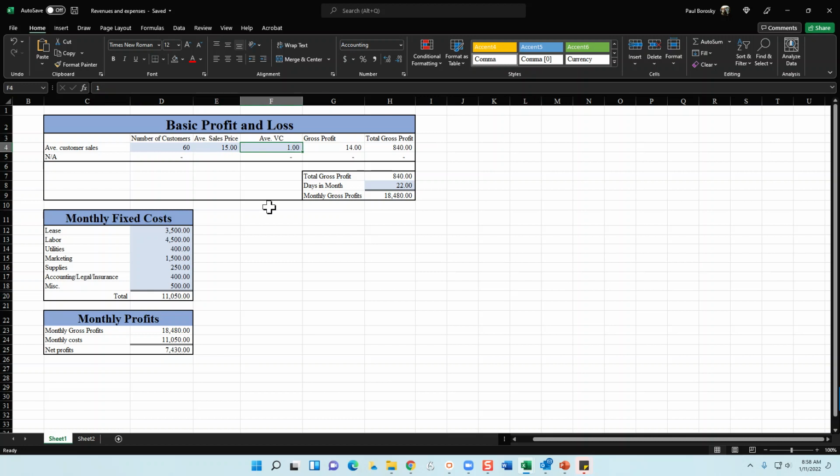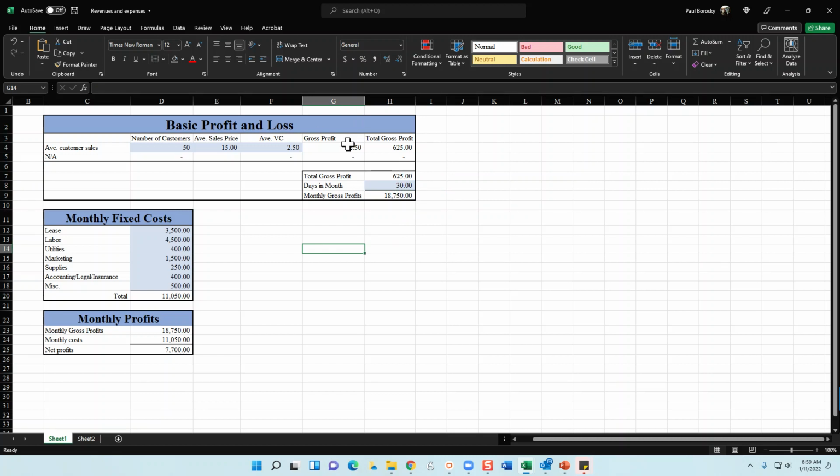The next step is identifying the variable cost. If somebody buys a bagel and a coffee and a beverage, how much is it going to cost you to provide that service and raw materials? For this example, we're going to say it's about $2.50. The next thing we're going to do is identify how many days we're going to be open. If we're going to be open 30 days a month, then let's go ahead and put it right here. That means we're going to be open 7 days a week, 365 days a year. So for this model, let's go ahead and say it's 30 days.